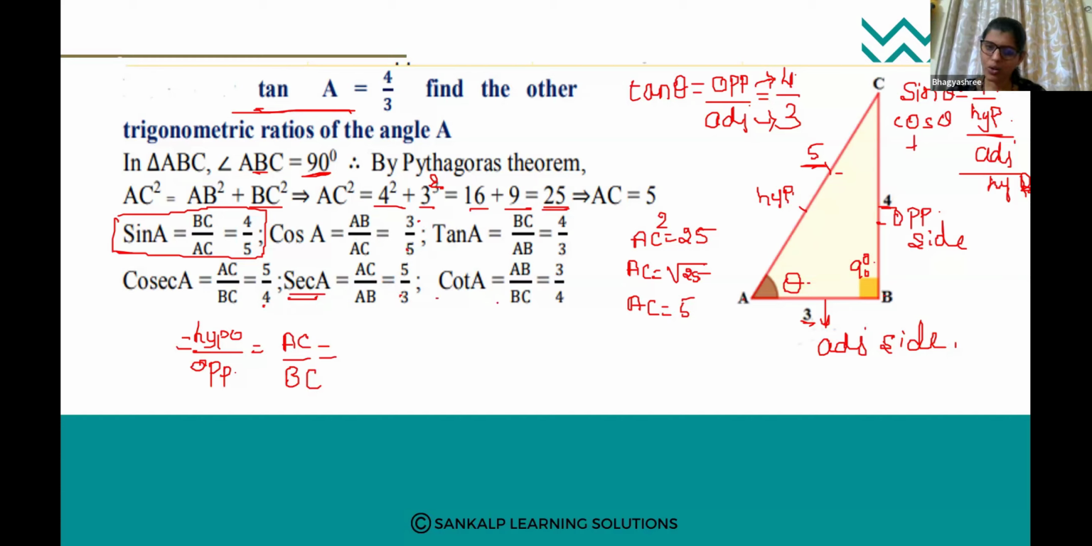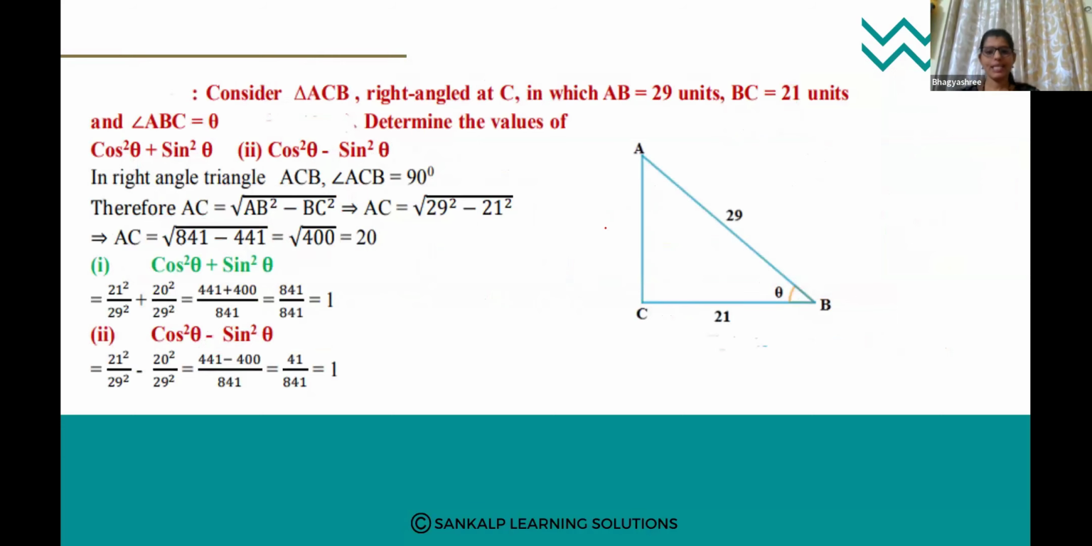Right? Cot A, cotangent A, is adjacent divided by opposite. What is tan A? Tan A is opposite divided by adjacent. Cot A is adjacent divided by opposite. So 3 by 4. If this is 4 by 3, then this is 3 by 4. This question can be asked for 2 marks. Okay. Now, next,